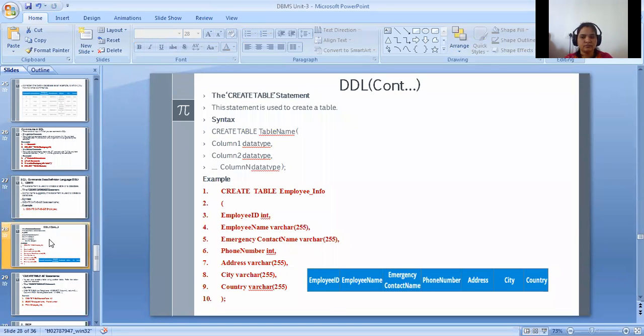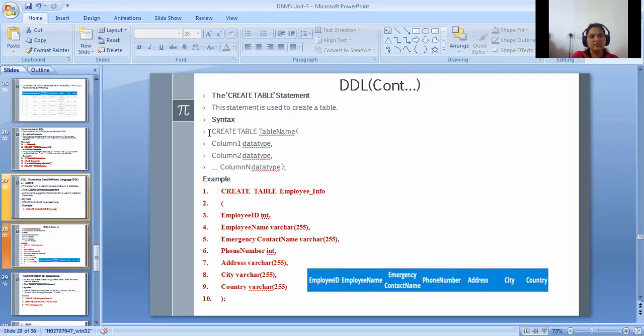Now, create table statement. Just now we saw the create database statement. Now we are seeing the create table statement. This statement is used to create a table. If you want to create a table, just use create table.